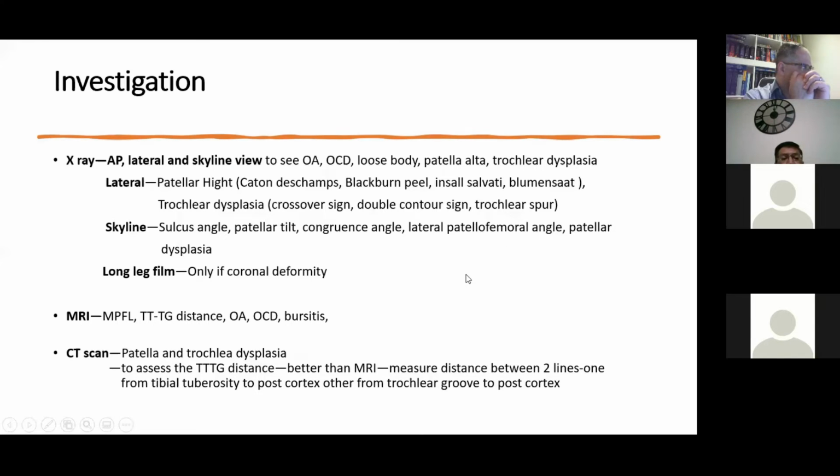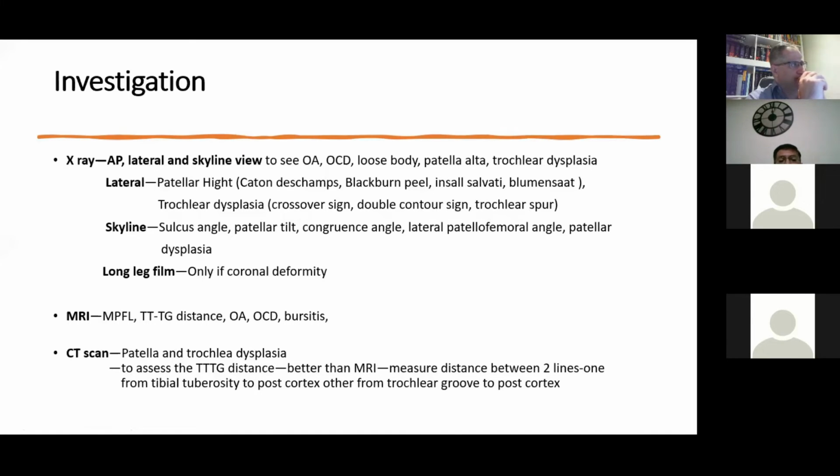We will do the MRI scan, and there are different protocols in different hospitals. In my center, the protocol is that for the first dislocation, we are not doing the MRI, but if it is recurrent, second dislocation, we are doing the MRI scan. And why do we do the MRI scan? We can see the MPFL continuity, and also we can see the TT-TG distance, and any osteochondral lesion, any kind of